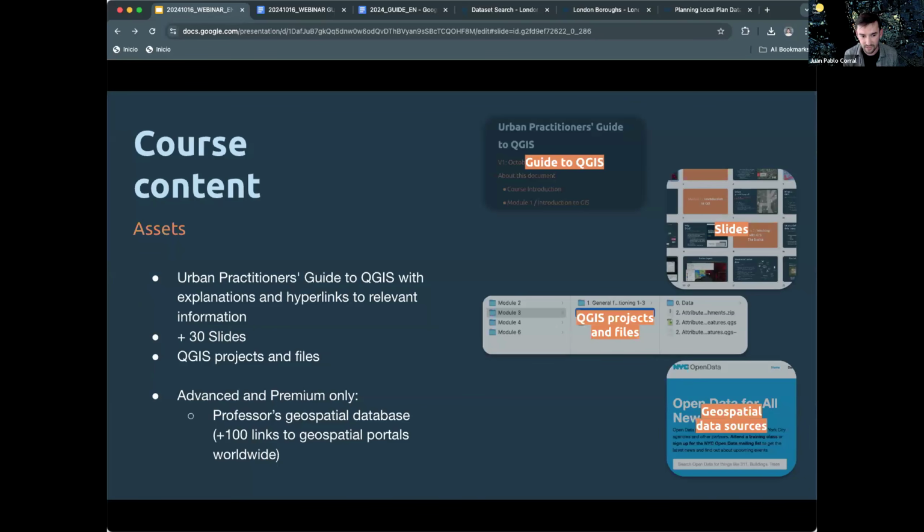But in general terms, I will show you how to acquire data, how to visualize data, how to analyze data, how to do geospatial analysis with the typical tools that an urban professional would use, and how to export your projects. And especially in the part where we explain geospatial tools, this is where I leave a lot of doors open for you to go deeper and deeper depending on your interests.